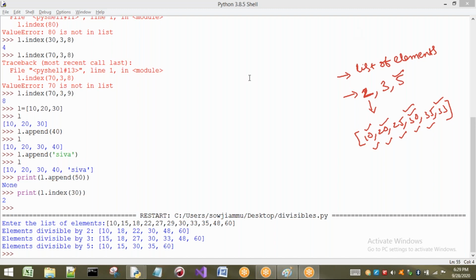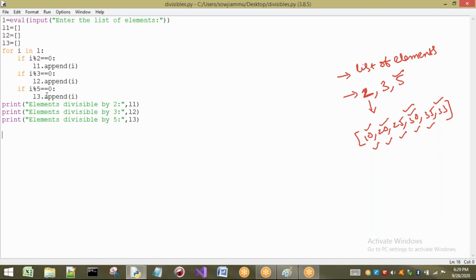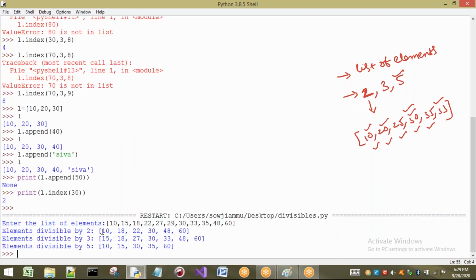First I have created lists called L1, L2 and L3 which are empty. Later I have added the elements here. That means I have changed the size of the list, I have increased the size of the list here. If you want to decrease the size of the list also, I can do it by using the remove method, which I will explain once again.